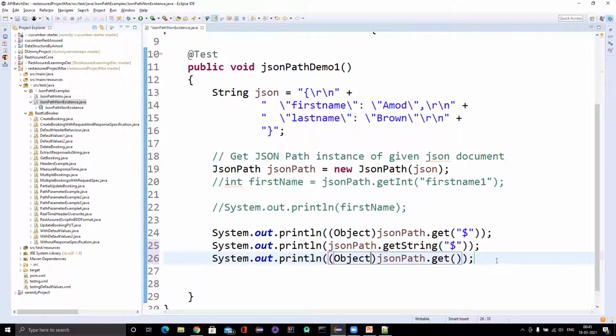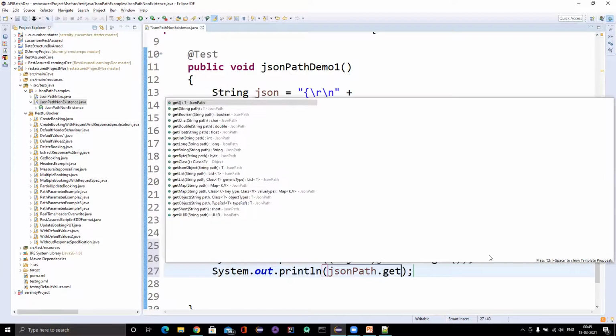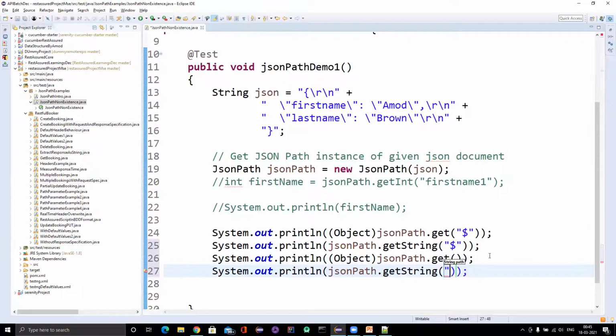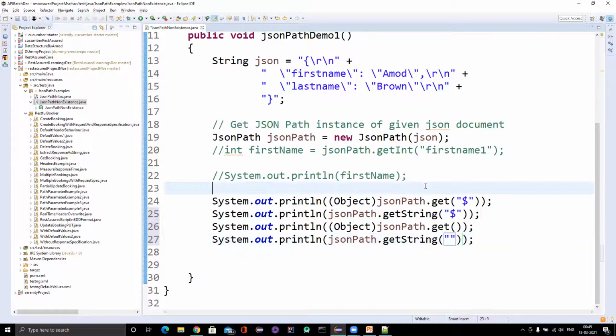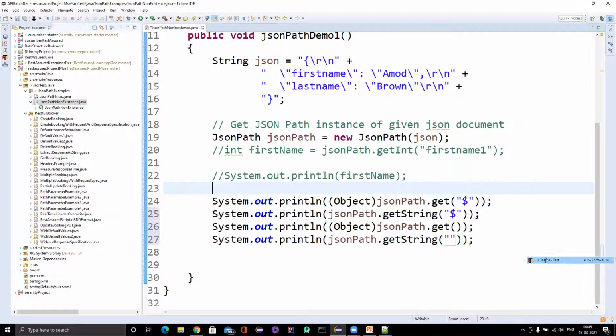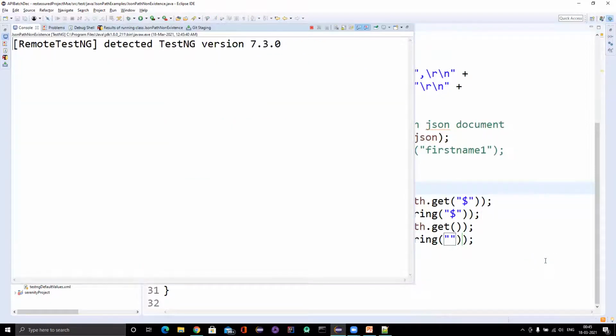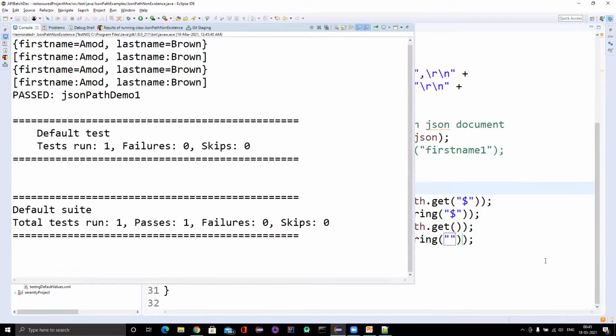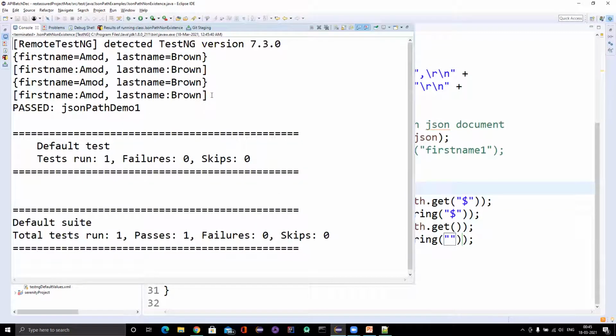And then you can use JSON path dot get string and pass a simple empty space. An empty space you can also pass, and all four will give you the same output. So let me run it. You can see that it is printing the same output.